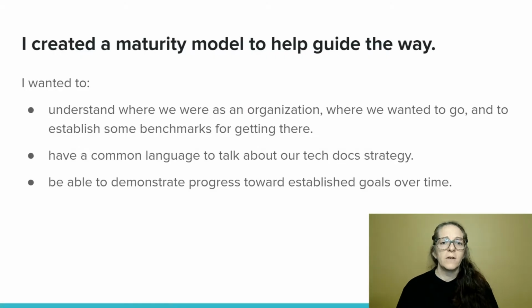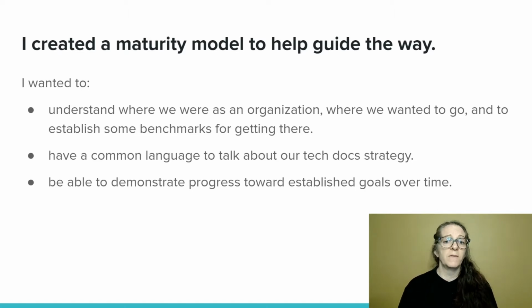So at this point, I started to think about different tools we could use just to get oriented and set us in a direction. We couldn't collect a lot of metrics and didn't have the resources to know where to apply them or how to analyze them. I decided to build a maturity model for our tech docs. A maturity model is a flexible framework that helps people understand where an organization or project is at any given time. It allows you to see where you've been, where you are, and where you're headed.